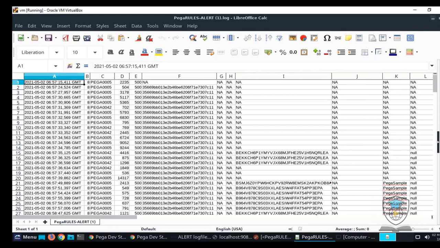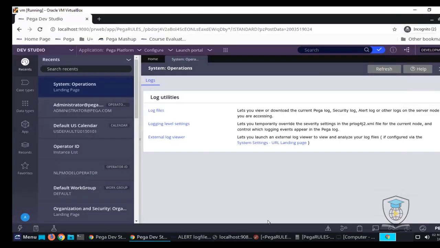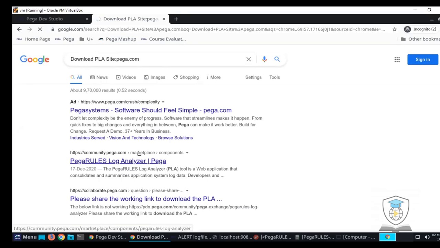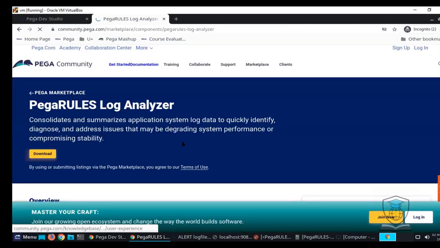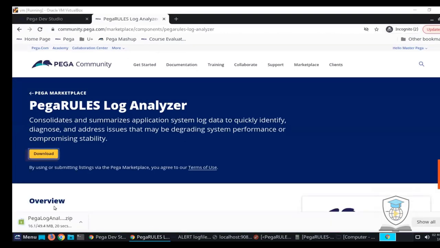The other tool that we are going to use is the Pega Log Analyzer. So let's see that tool itself. I will download it in the virtual machine itself. This Pega Log Analyzer is there in the marketplace. Now you have to download it. It is, I guess, 48 or 50 MB. It is not so heavy. So meanwhile it is downloading,